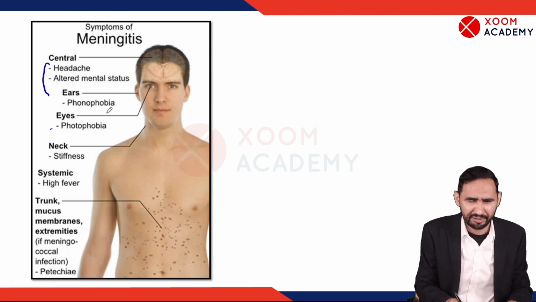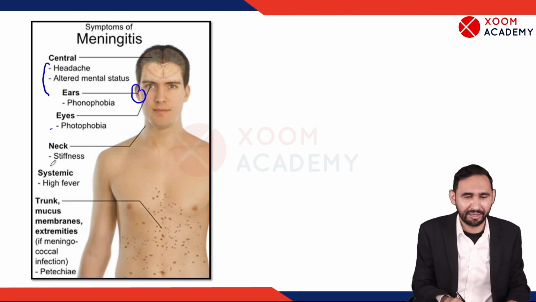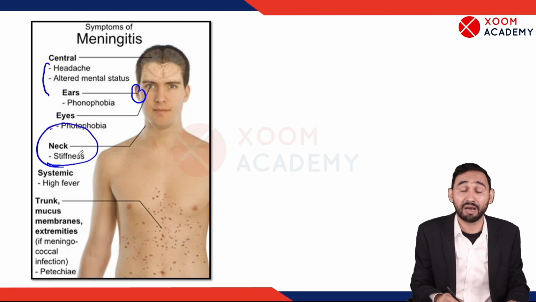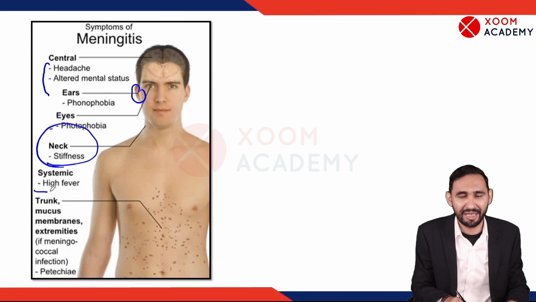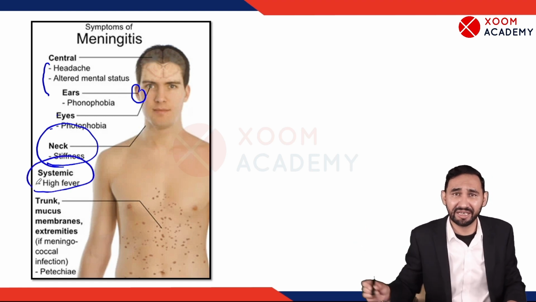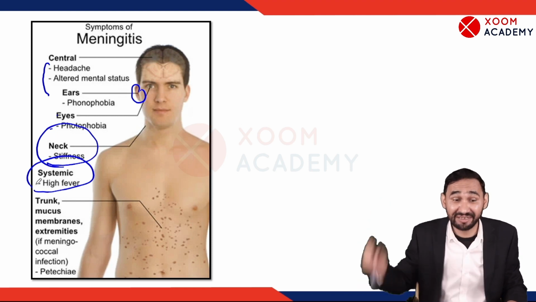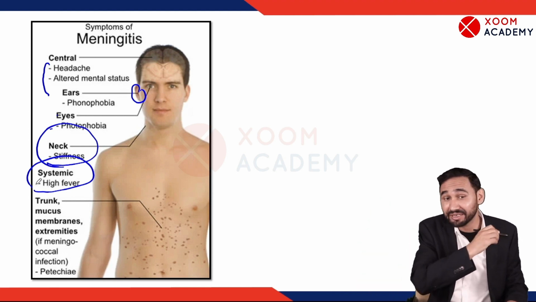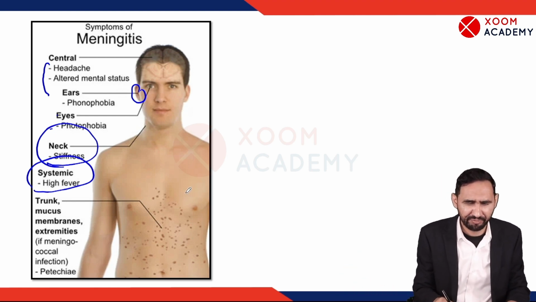A person may suffer in the ear. It can affect ears, head, eyes. Then there is neck stiffness, the most common feature, especially in children. There is high grade fever. So a person suffering from high grade fever, neck stiffness, photophobia, and headache may also have altered mental status, with muscles involved. There may be petechiae